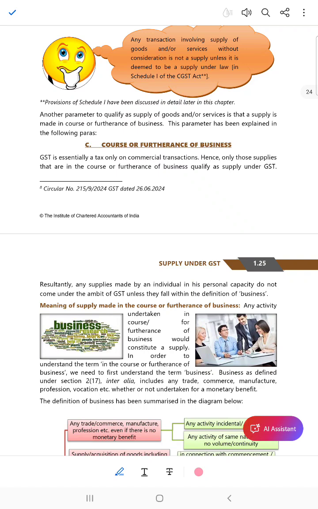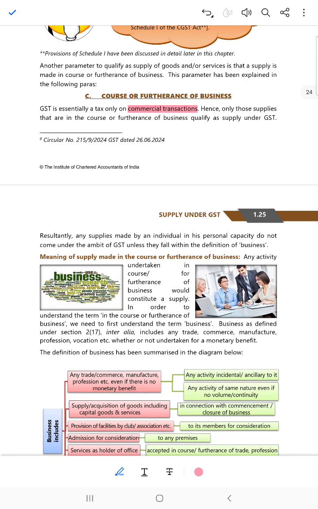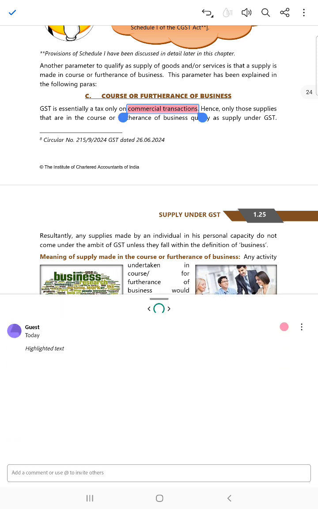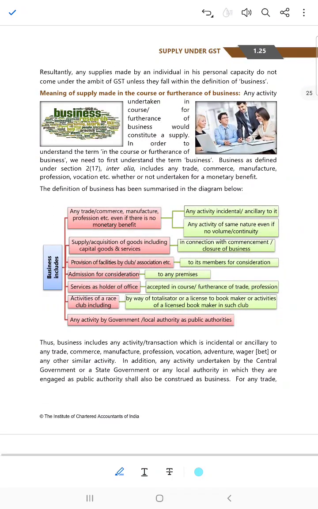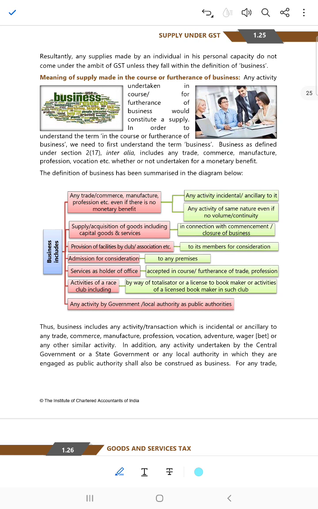GST is essentially a tax only on commercial transactions. That is, there is no tax on personal consumption. Only those supplies that are in the course or furtherance of business qualify as supply under GST. Resultantly, any supplies made by an individual in his personal capacity do not come under the ambit of GST,